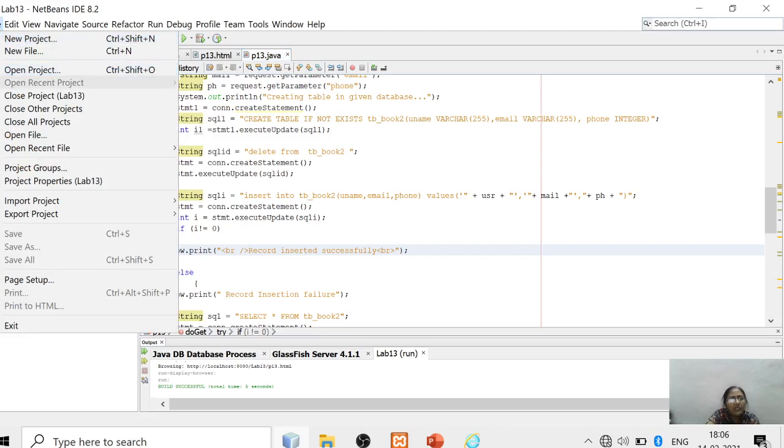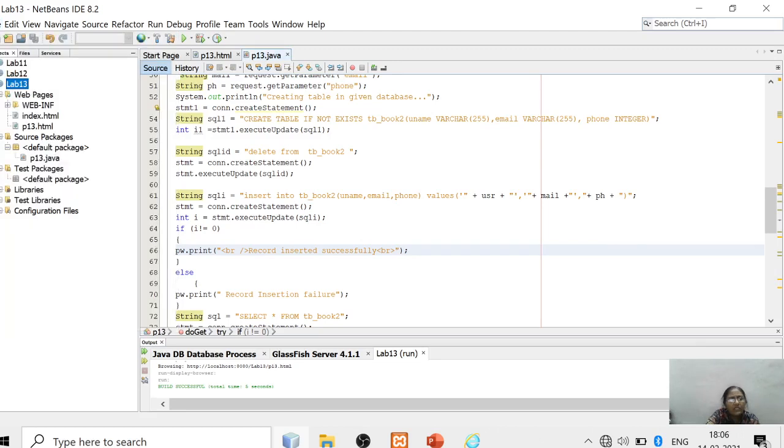When I click, it will ask you to enter the web application name. I have given Lab 13 as the web application name. Once the application is created, folders named web pages, source packages, test libraries, and configuration files will be created.